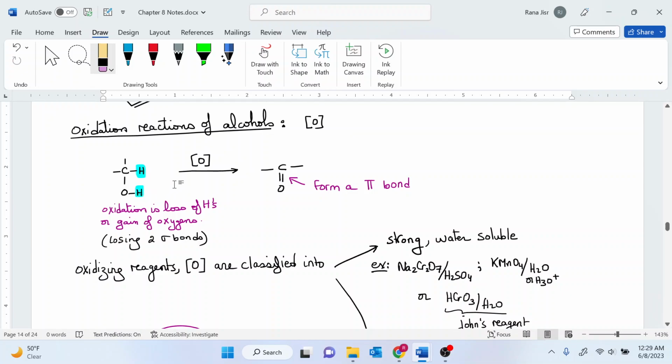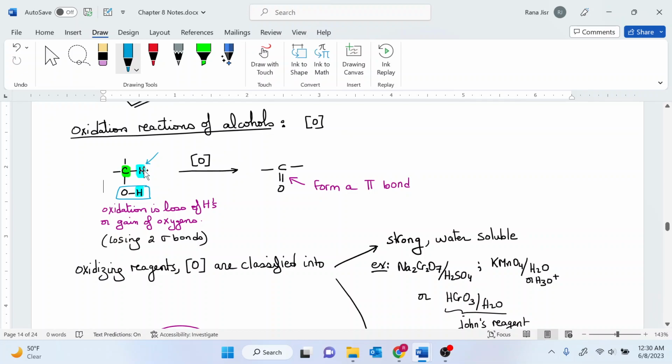In this reaction, to be able to lose a hydrogen, I need to look for the carbon that is connected to the OH. So this is going to be my OH over here. The carbon that is connected to the alcohol first has to have a hydrogen. If it doesn't have a hydrogen, let's say if it's a tertiary alcohol, then the reaction will not happen. No oxidation will happen. But if it has a hydrogen, so we're talking about the case of primary and secondary